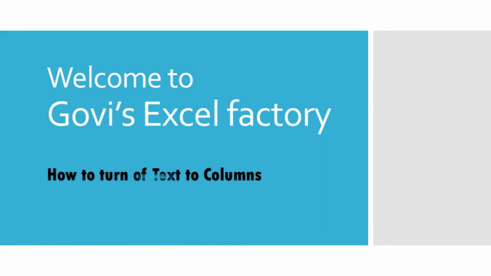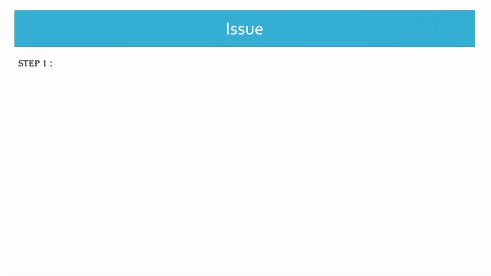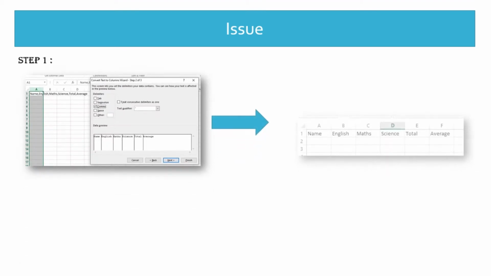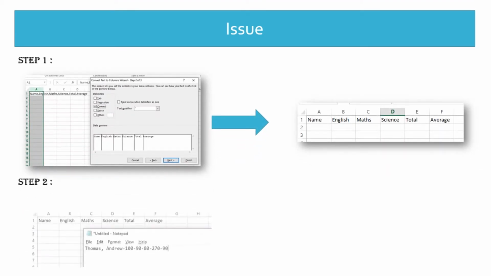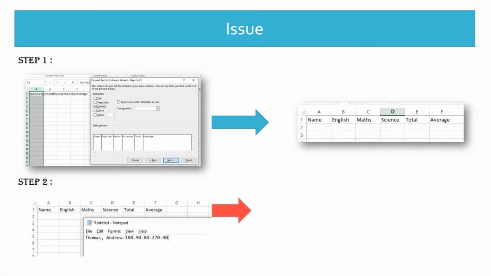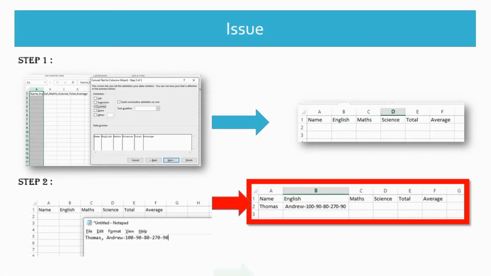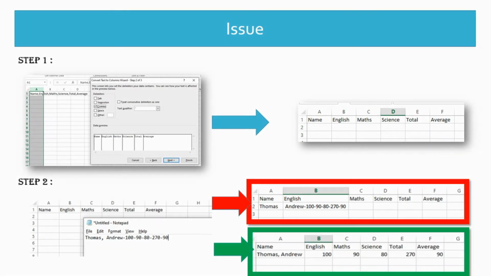Today's topic is the issue which is being faced by all the Excel users who use the text to column option. So I'll just brief you on what the issue is. Everyone would have used the text to column option in a sheet, and whenever you go into the next sheet or another workbook, the same set of text to column criteria will be applicable to the column. So this is the issue which you will face. You might not know how to get out of this issue. Today I'll tell you how to get out of this in the same sheet and also in a new workbook.